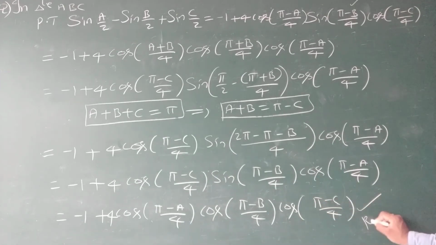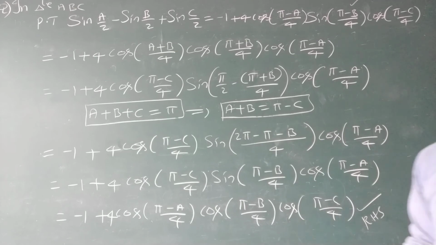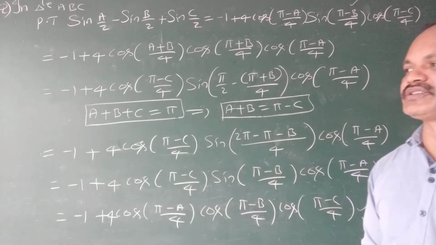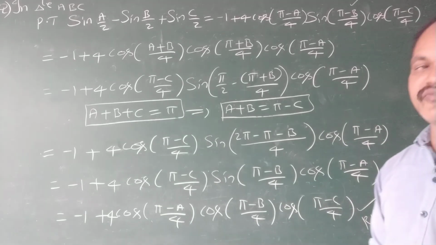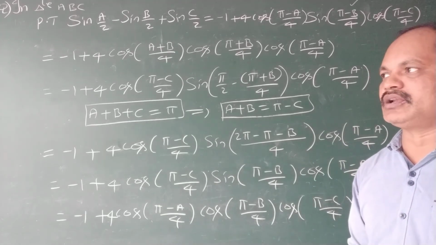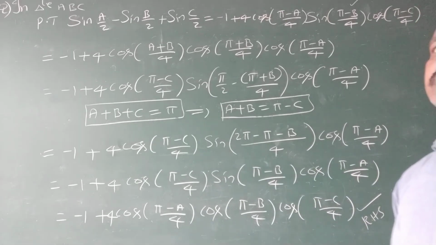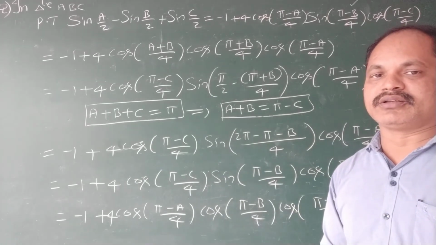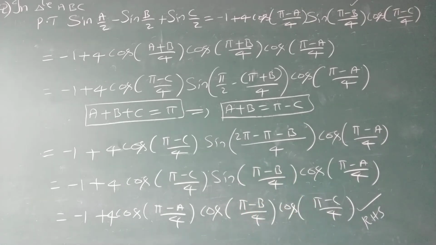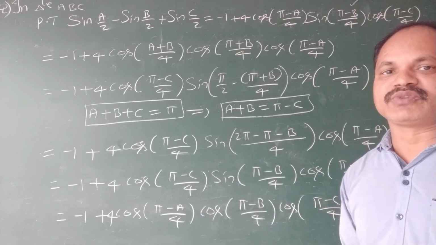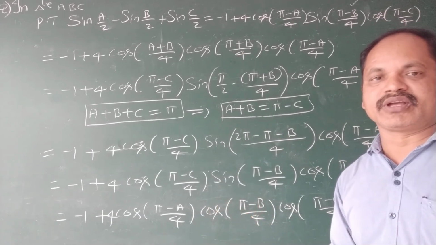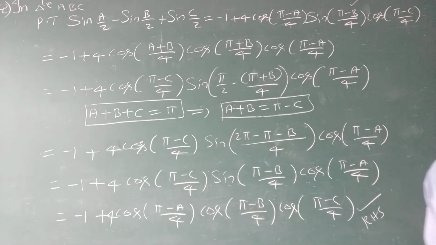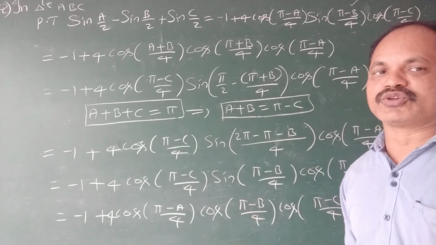This is RHS. So this is the second method for this question. The second method is a little bit difficult, and the first method is very easy but a little bit lengthy, but the first method is suggested. Especially this question, this model, is very important for 7 marks in the IP board exam. That's why you can practice these types of questions. I will give the practicing questions. You can practice all the questions, especially for transformations. These are the most important questions.